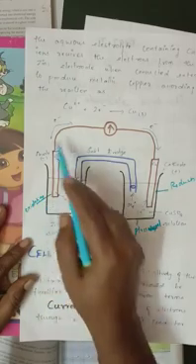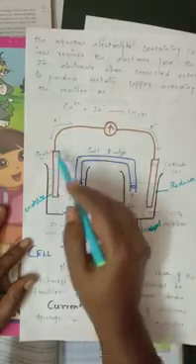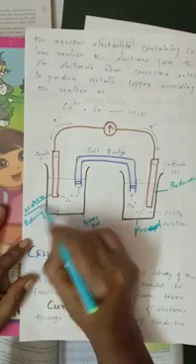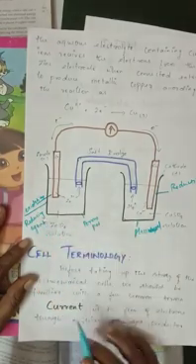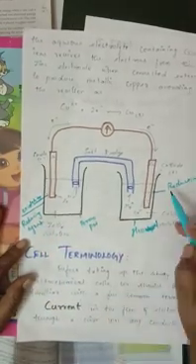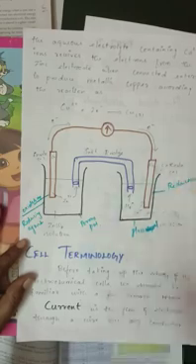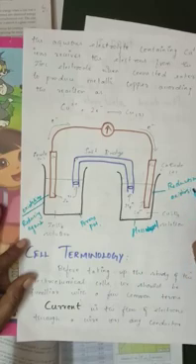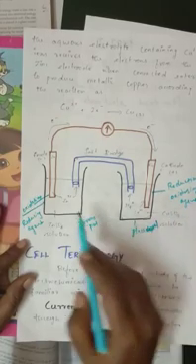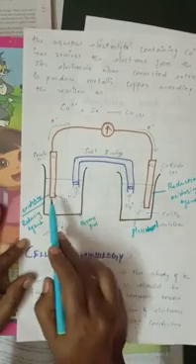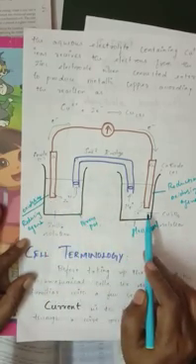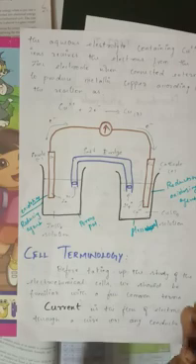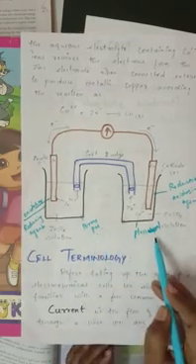Oxidation taking place means this rod will act as a good reducing agent. At the same time, here reduction is taking place, so this copper rod, the copper electrode, will act as a good oxidizing agent. This is, students, the salt bridge. This is the anode compartment, and this is the cathode compartment. The two half cells are placed here, and the redox reaction is taking place. This one is placed in a porous pot.